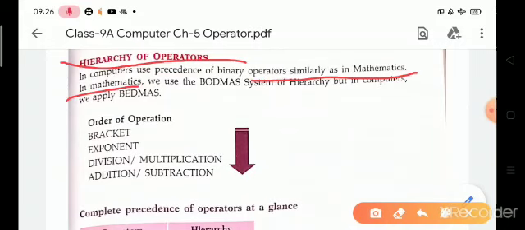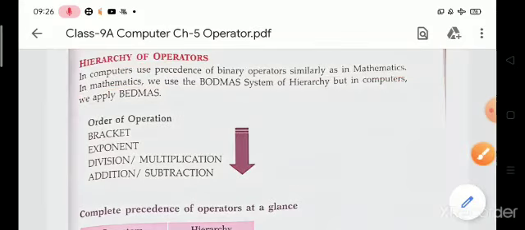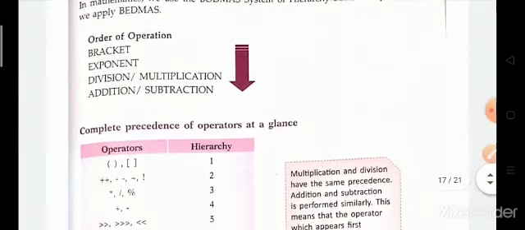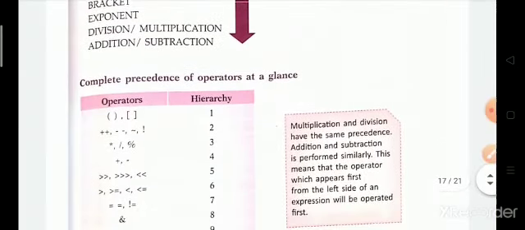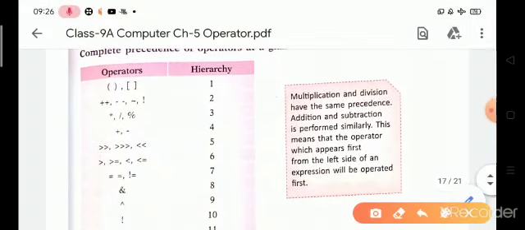In mathematics we use the BODMAS rule: B for bracket, E for exponent, D for division, multiplication, addition. Similarly we use hierarchy for operators in computer science, so it means we go from top to bottom.